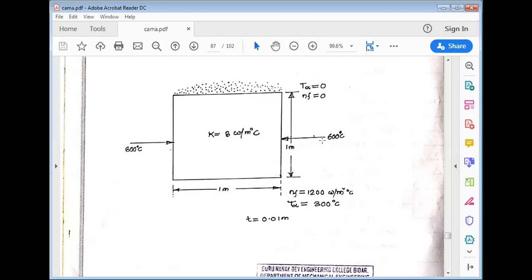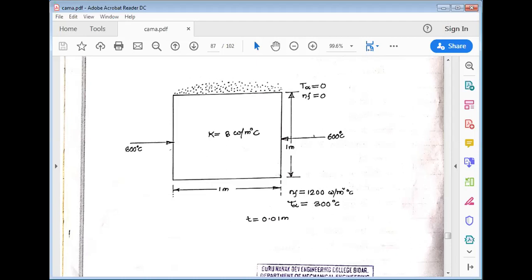Its left side and right side temperatures are specified, and it is having the convection at the bottom side, having the convective heat transfer coefficient H of 1200 watts per meter square degree centigrade, and bulk temperature as 300 degree centigrade.